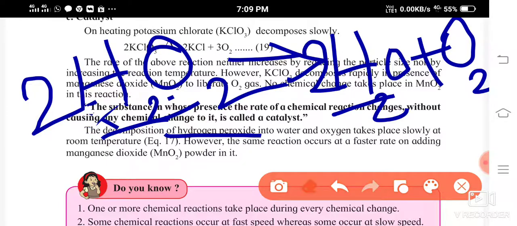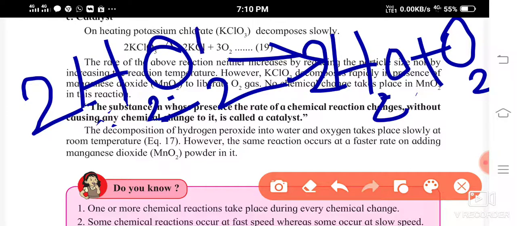Now what I wanted to tell you is this hydrogen peroxide is going to decompose into water plus oxygen. Now this decomposition is going to take place very slowly at room temperature. So this decomposition reaction is going to be very slow at room temperature. However, the same reaction will occur at a faster rate